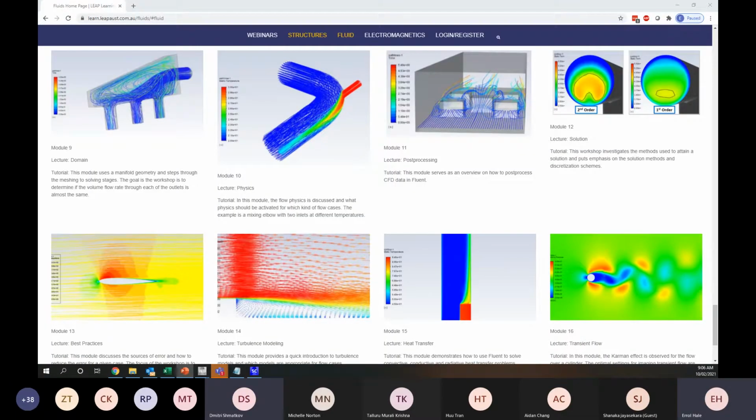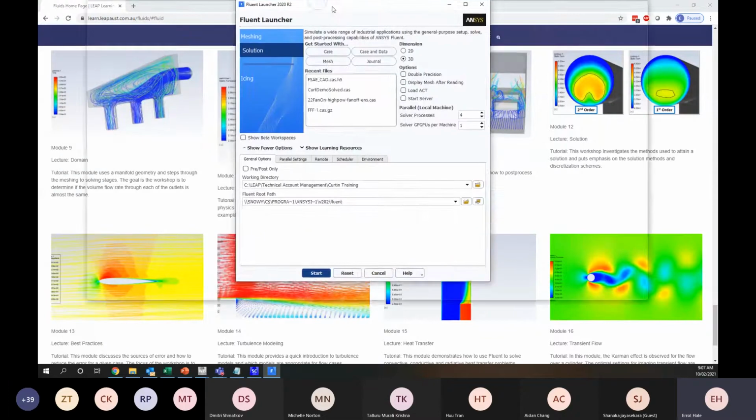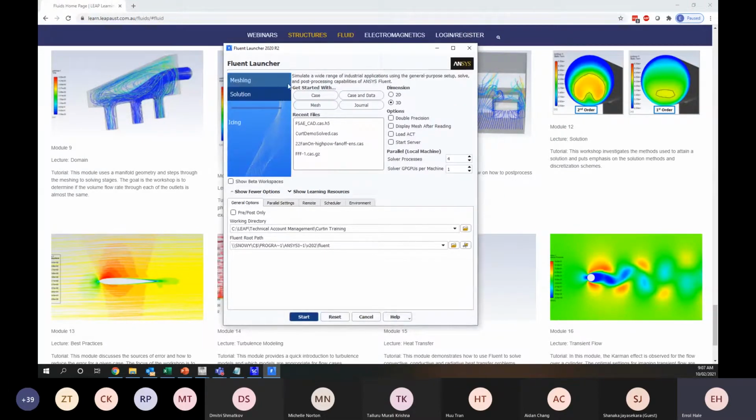Okay, so what we're going to do is go through the setup of a simulation. Then we're going to set it to solve, and we're going to come back and post-process it a bit later on. The simulation we're going to be looking at is an FSAE vehicle, or just the front wing and the wheel, etc. So opening Fluent, for those of you who haven't already, if you just type Fluent into here,